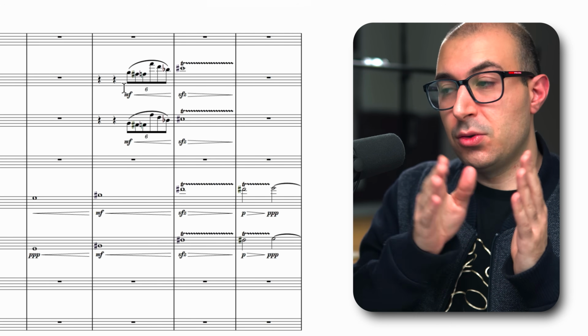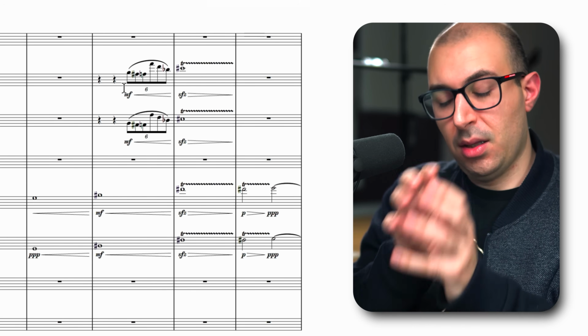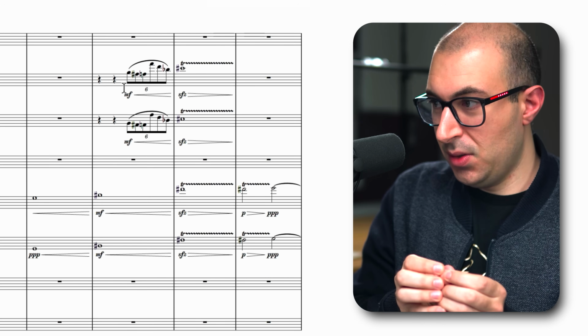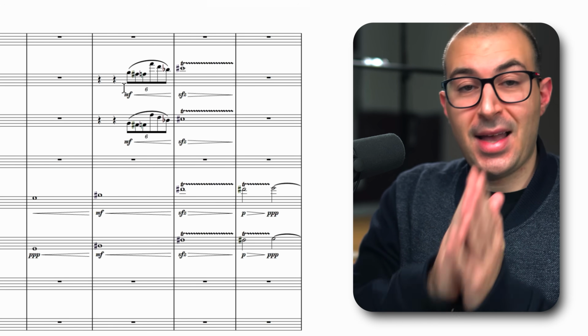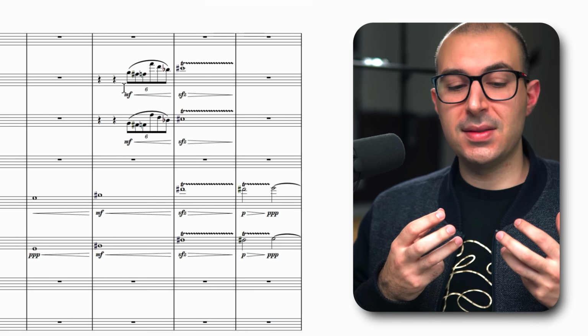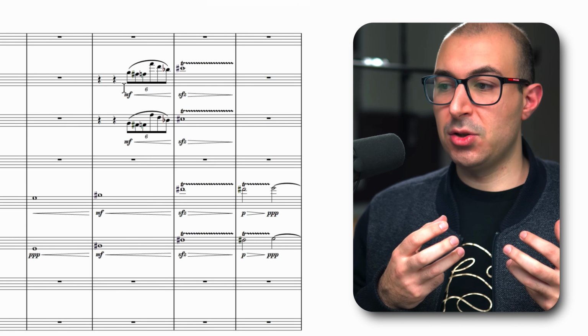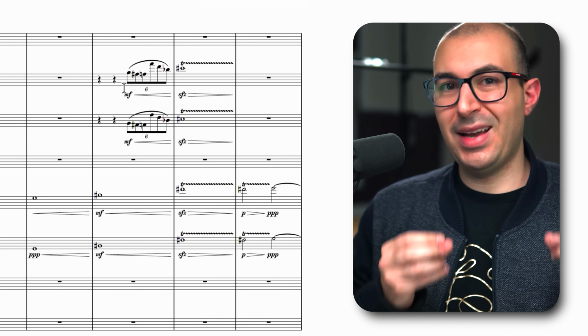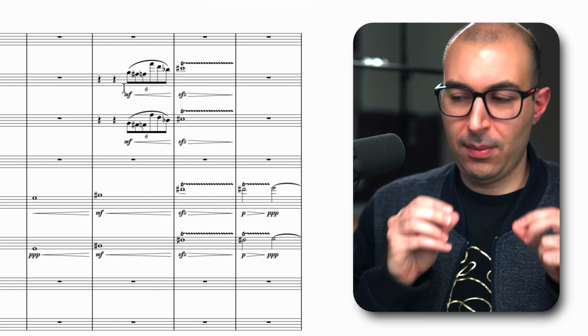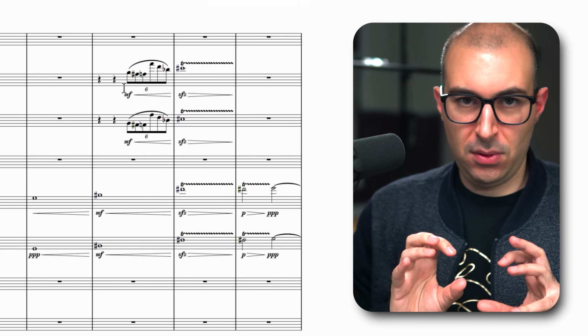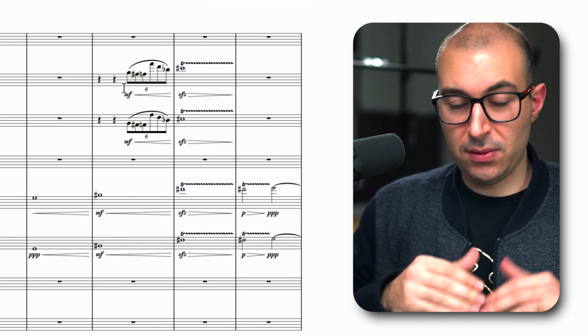But if they see two triplets, one triplet on one beat, another triplet on another beat, that's way easier to comprehend and will get you the same exact result. So my whole mindset when I'm engraving music, especially for the intention of live performance, is I want to make sure that whatever I'm writing is the easiest version that I could have on that page for the musician to